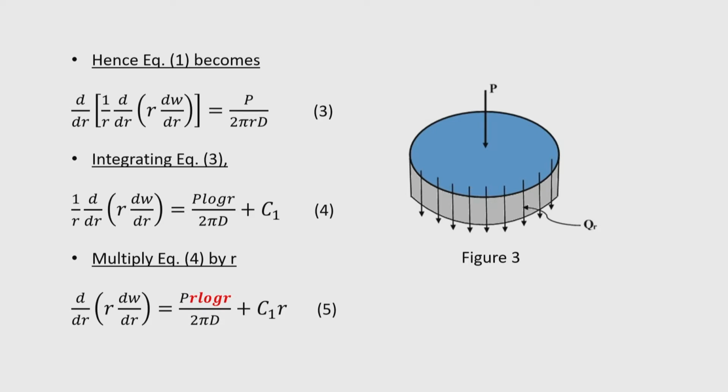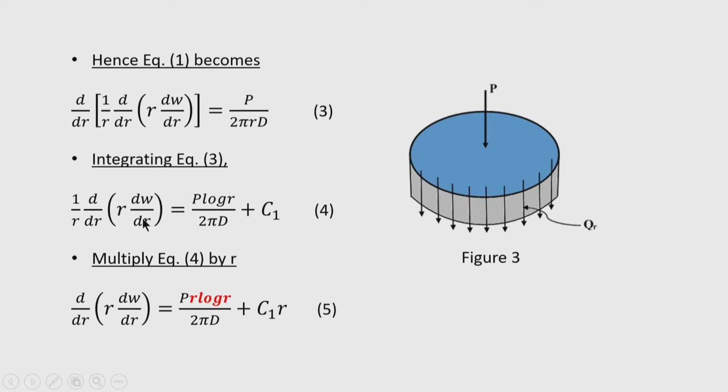Now, you can see that the log r term is coming because of the reciprocal of r that is appearing in equation 3, and when we integrate dr by r, the log r term appears. But mind that this log r has to be evaluated with respect to the base e. So, this is a natural logarithm that we have to evaluate. Now, let us proceed.